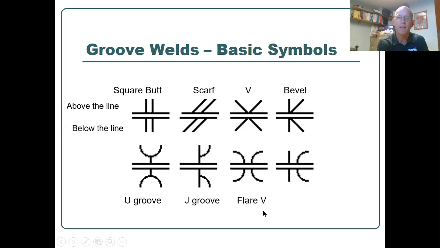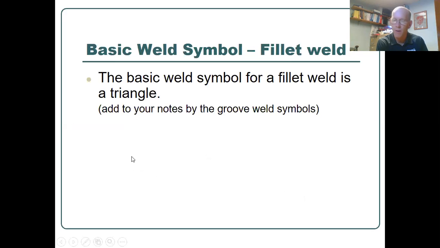A flare V is more often used if we've got a thinner piece that we've put a bend in, and the same with a flare bevel. We've got just the one side that's got a bit of a bend in it. I use those a lot on truck beds on the bottom side where we've bent kind of a cross member instead of channel iron. So the other one that's really, really common is a fillet weld, and that's not in your notes,